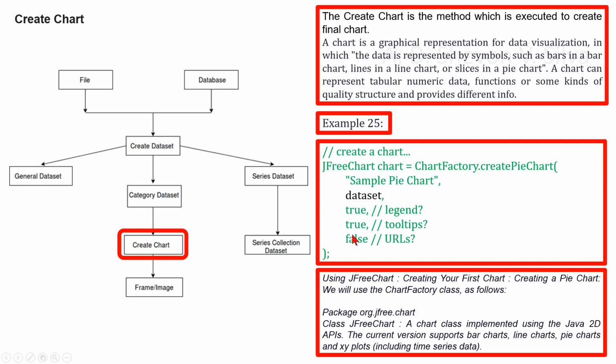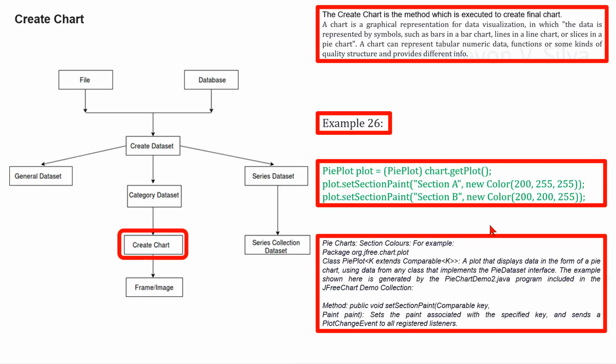Legend true, tooltips true, and URLs false. Now we are considering section colors in pie charts. For example, here